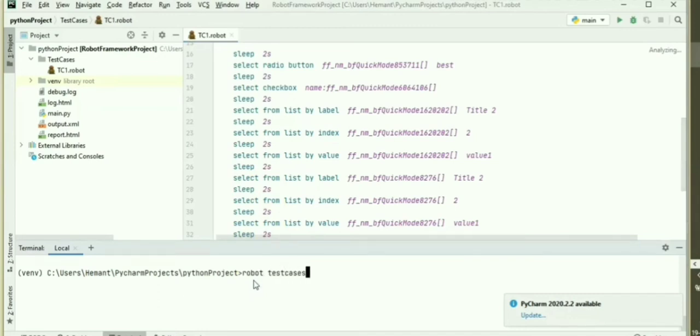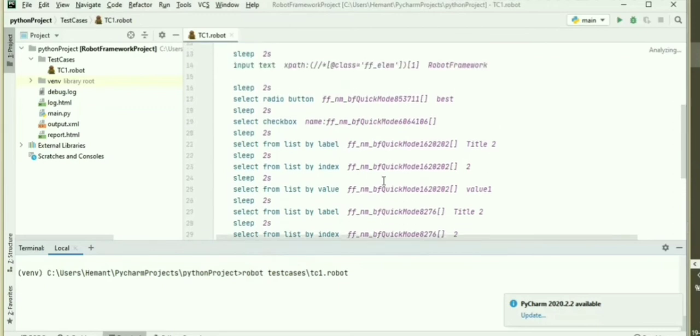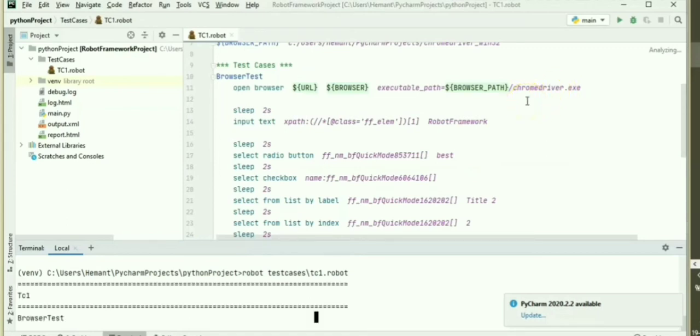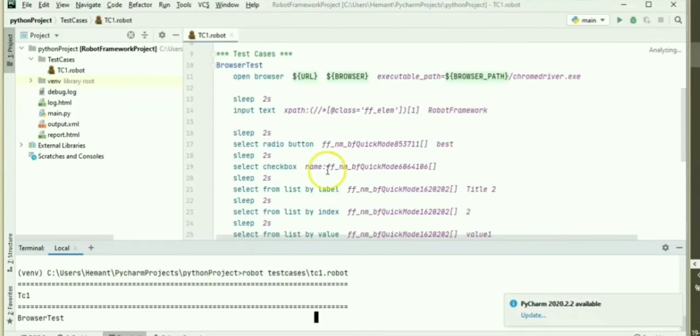So guys, we can use this command: robot, the directory structure, test cases slash tc1.robot. Okay, so guys, this is not case sensitive, we can use either uppercase or lowercase letters. Once I click on this, you can see this is our chromedriver.exe, and this chromedriver.exe is basically used for opening the browsers.